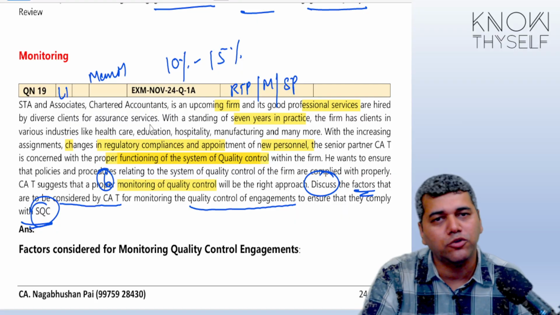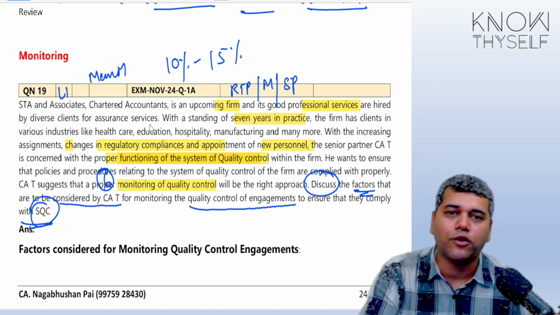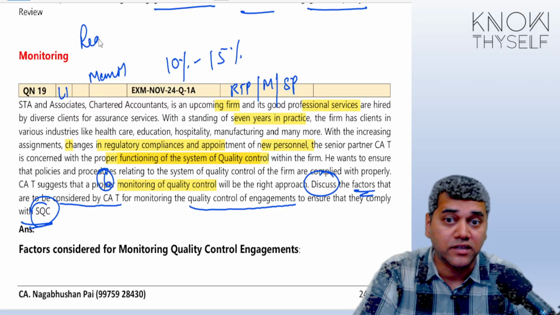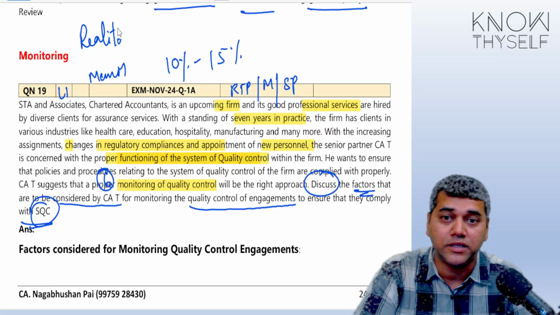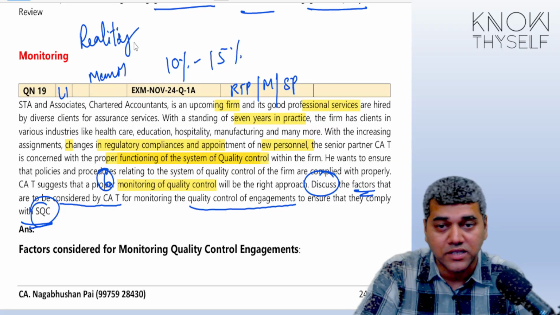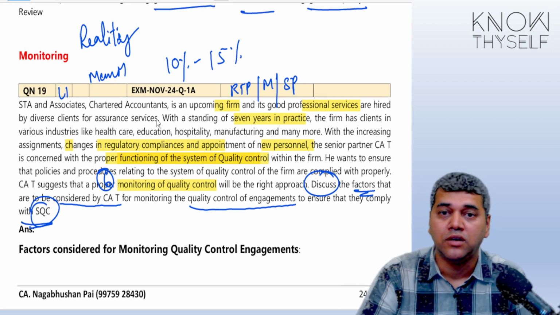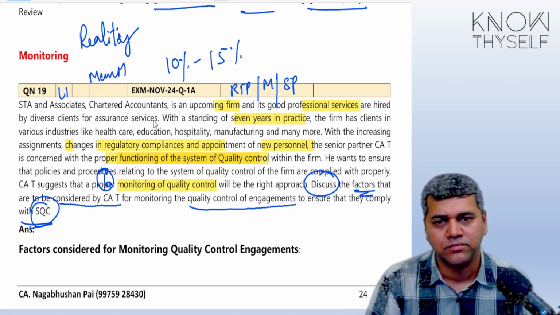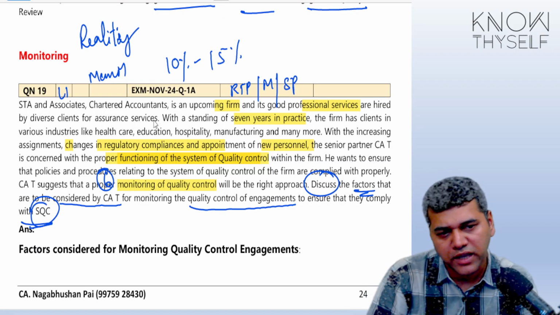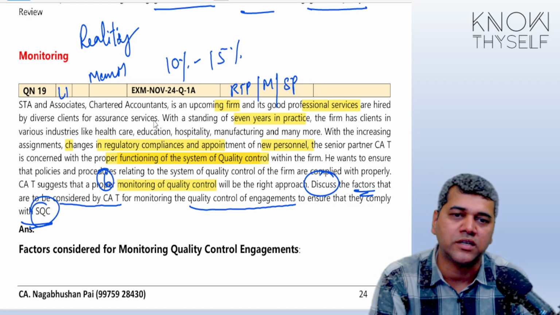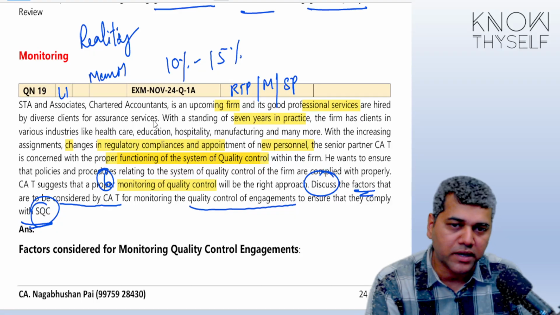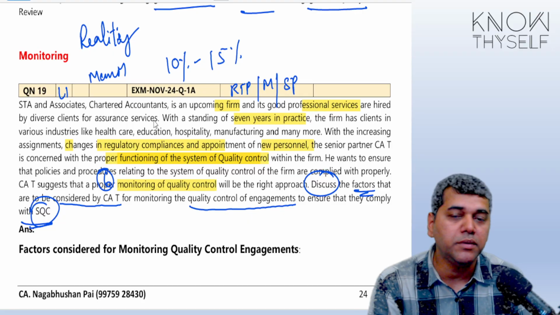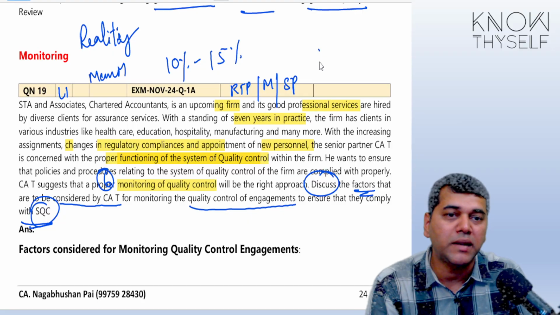Ultimately, I know students, after good practice you will see audit is very simple. Very importantly, you need to understand the reality. You cannot be in an imaginary state. Please understand what the reality is, what ICAI is doing, what tactics they follow. The moment you understand, you can have your own counters. You understand, okay, this is how they play with you, and you can have your own play and your own strategy. But if you don't understand the marking scheme, how it works, how they mix the questions, how they mix the concepts, then it becomes very difficult. Because it's called a blind spot.